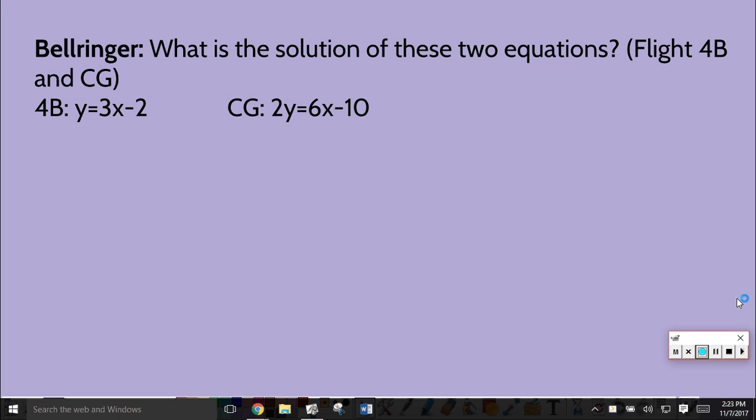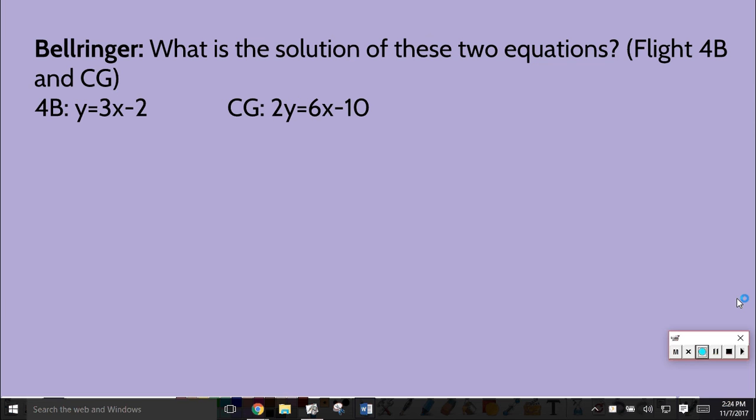what do I do? If I'm looking for a solution, what do I do? How are we going to solve the problem? To find the coordinates, what do we do? We solve them by combining them, and so we're going to solve for x. So the first step to figuring out if there's a solution is to do what? How are we going to combine them? Set them equal to each other. Okay? So we're going to combine them by setting them equal to each other, which will allow us to solve